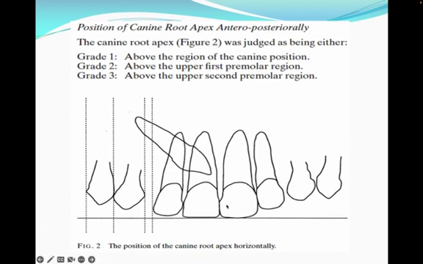How do we study the favorable position of the canine? We look at 4 factors. The first one is the position of the apex. The further the apex goes distally, the more difficult it is for this canine to be aligned. So we divide them into grades 1, 2, or 3. Grade 1 is where the apex is above the region of the canine, which means it's very close to the area where it should be in the end. However, grade 3 is where the root apex of the canine is above the second premolar region, which means we need to bring it all the way here,